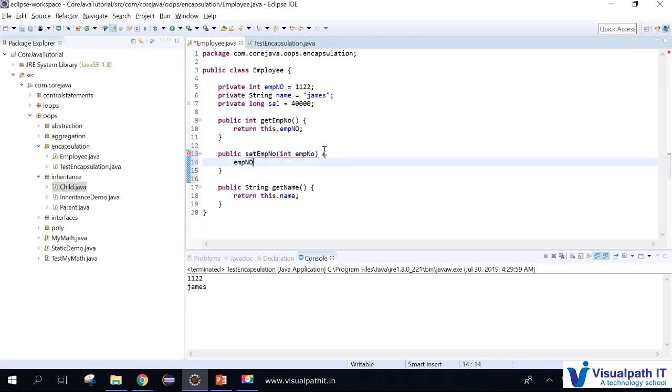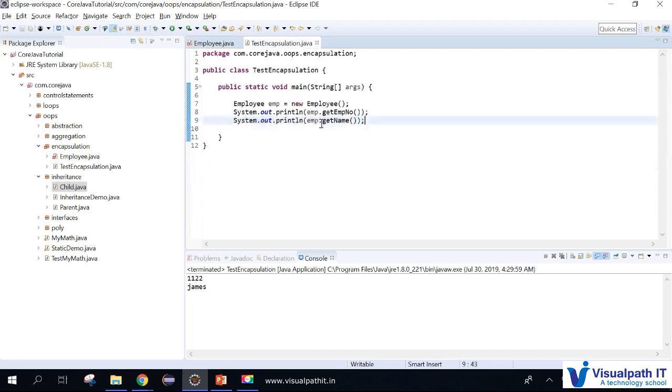With this, to refer to it we have to use this. Here, if you see, this one and this one are both the same. In that case, to refer to the current object's property, you have to use this, or else you need to change this variable name. Without changing the name you have to use the this keyword, then it points to this variable and the other points to this parameter variable. These we can set, and what I'm doing here is